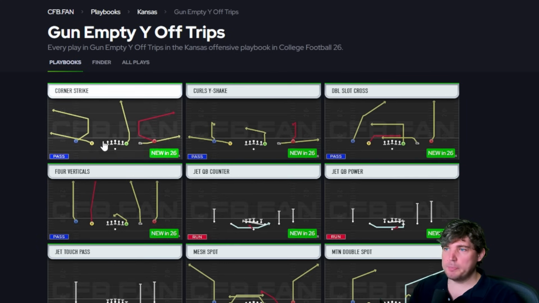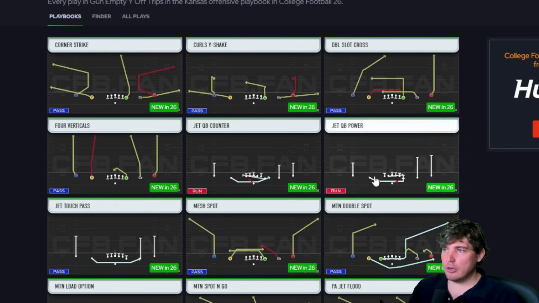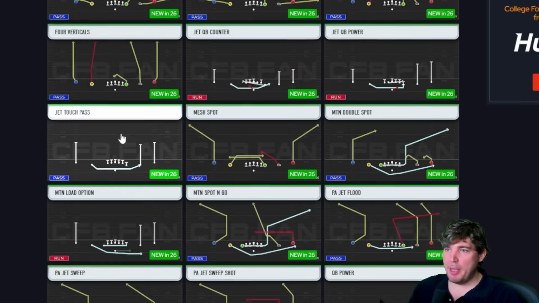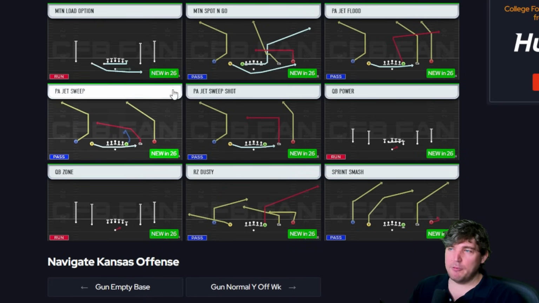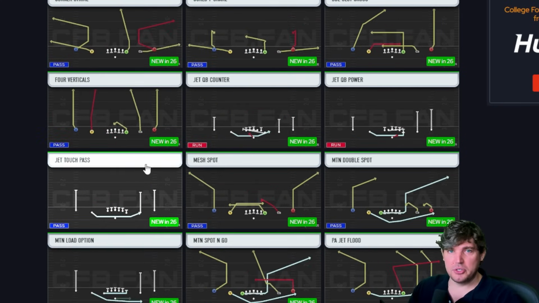Empty Y off trips is awesome too for jet QB counter and jet QB power. So you can go either way with it or hand it off to the jet touch pass. You can run it like a load option with these guys too. And even the motion will screw them out because you can pass out of it too. So I like the 5 wide nonsense you can pull out of Kansas. And then Kansas also has...